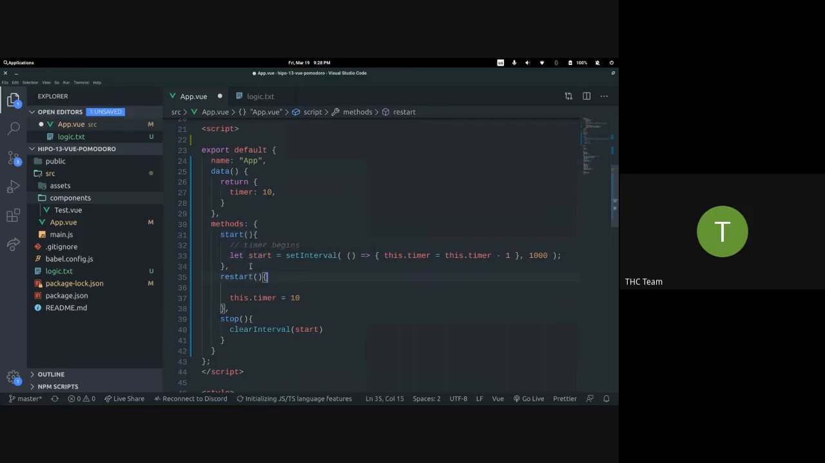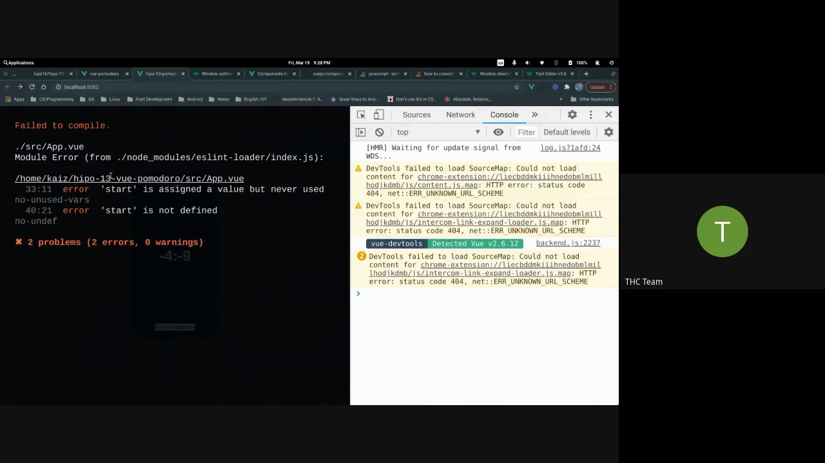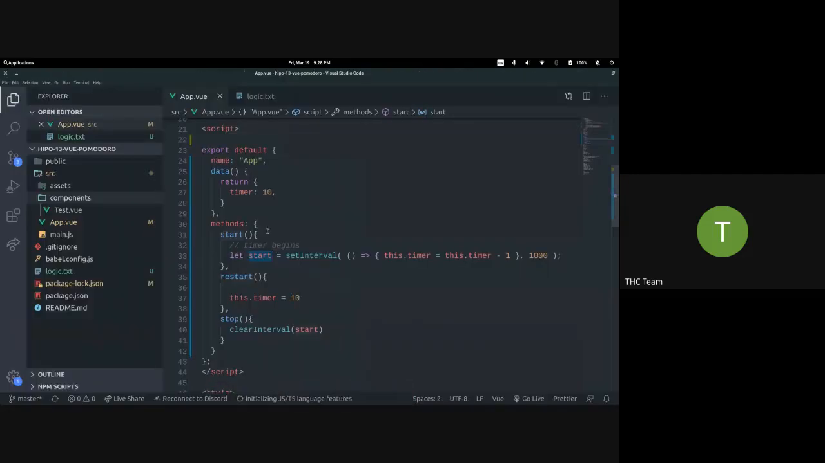But let's see what happens if we try this way, right? Now, if I save, it says start is assigned but never used. That's because of the scope right here. This variable start is now scoped inside this function. Local. Yeah, local scope. So we cannot have access to this one, unless